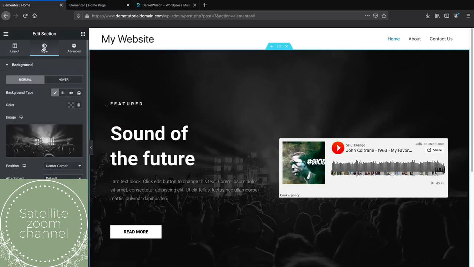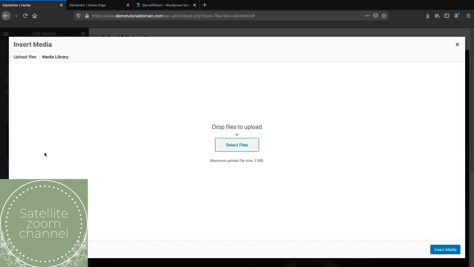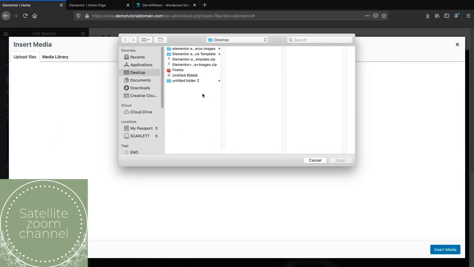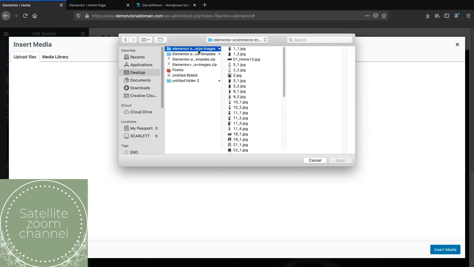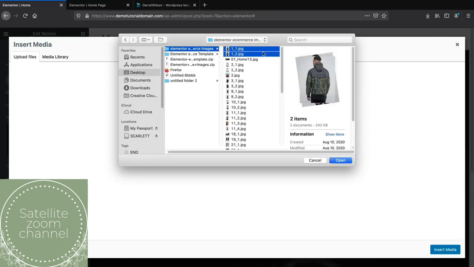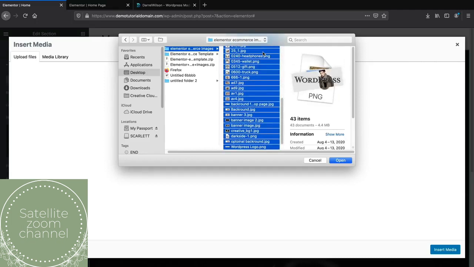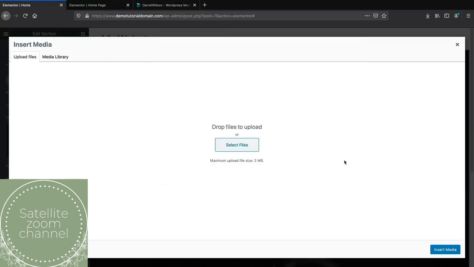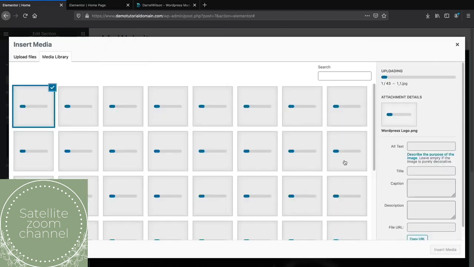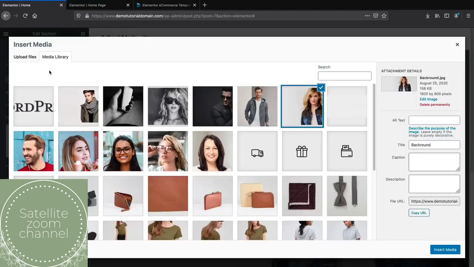So we'll click on style, and now we see image. So we can actually change this image. I'll click on choose image, and now you can go ahead and upload all of those files that I gave you. So the folder is Elementor e-commerce images, and then you can just hold shift and download all of them, or I'm sorry, upload them all at the same time. So there we go, and I will click on open. Now it's going to upload all the images that I gave you guys in that specific folder. So give it a few minutes here. All right, so my images have finally uploaded, and I will go ahead and upload the background.jpg image and click